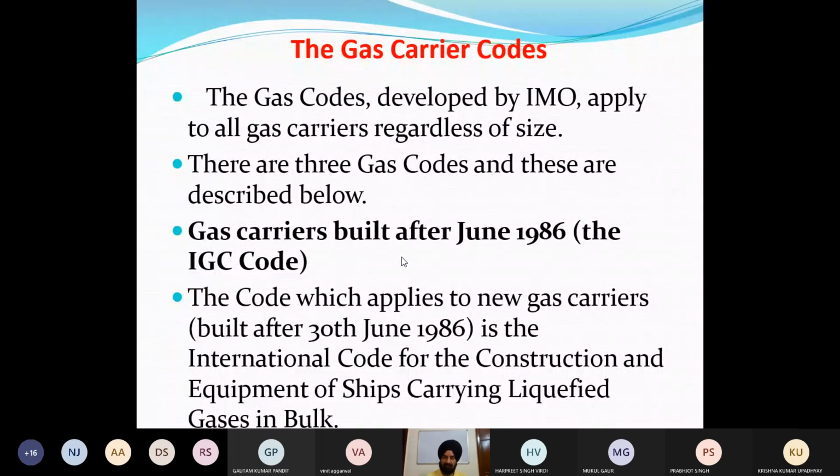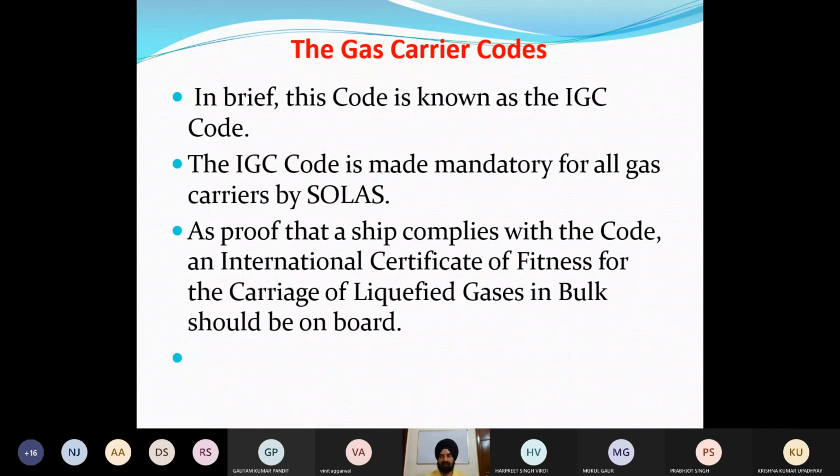So the code which applies to new gas carriers built after 86 is the International Code for the Construction and Equipment of Ships Carrying Liquefied Gases. After 86 means, of course, these ships are also becoming old ships now. In brief, the code is known as IGC, mandatory for all as per SOLAS, and as proof that the ship complies with the code,